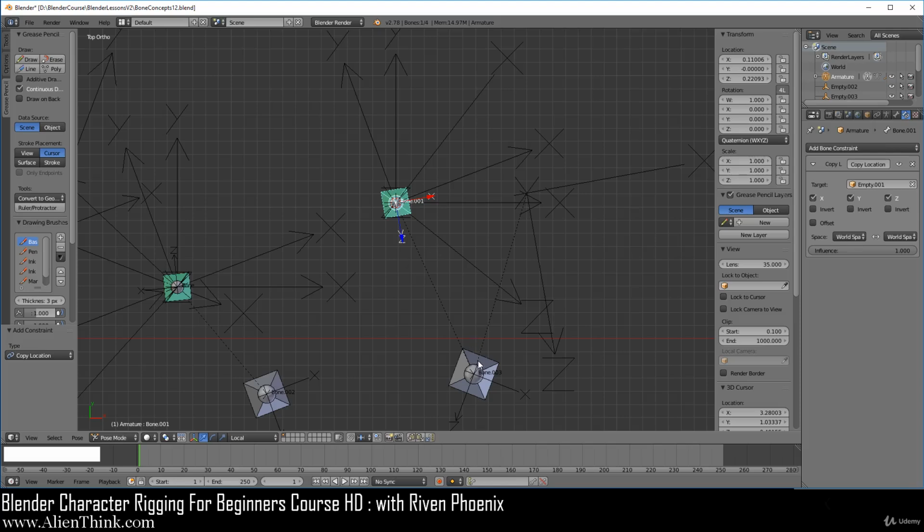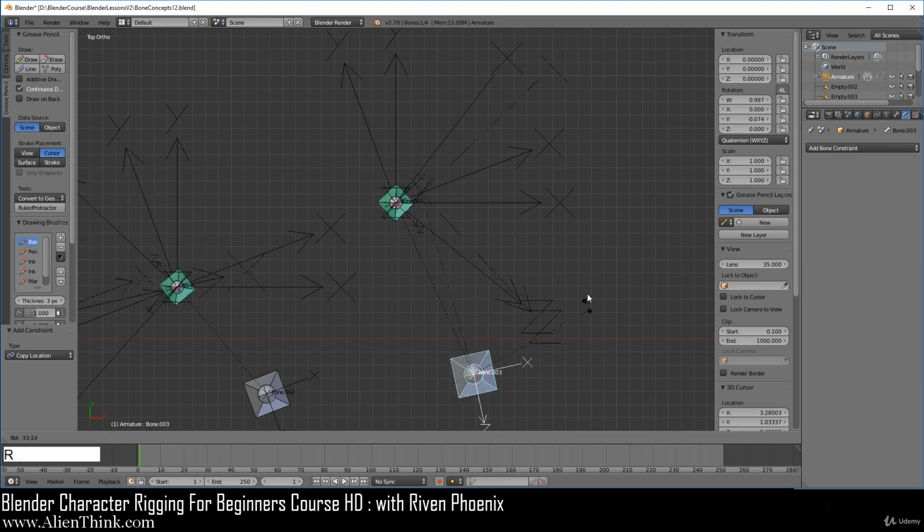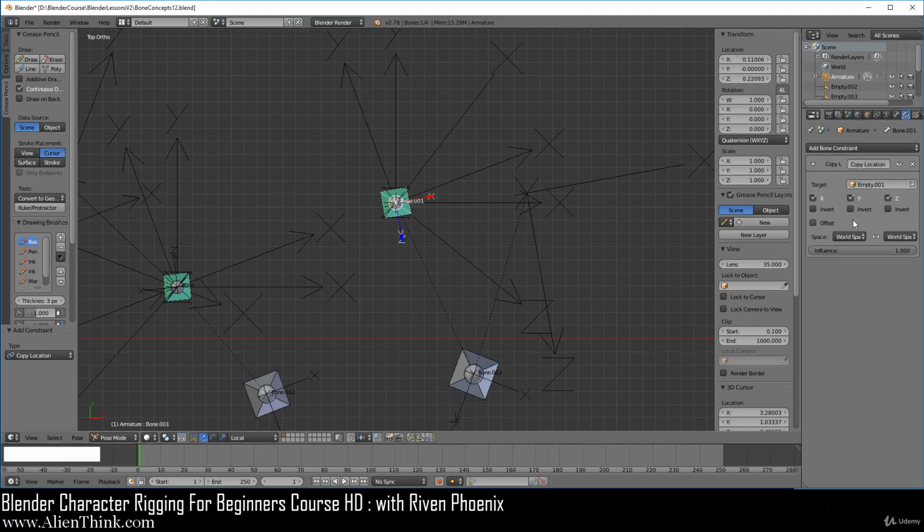So now notice this, when we click on the parent and press the R key, see how it rotates? So that rotation information is now coming to this object. Just want you to make sure that you understand how this concept is working. Okay, so this means that if we click on this bone and actually click on offset, I'm going to press